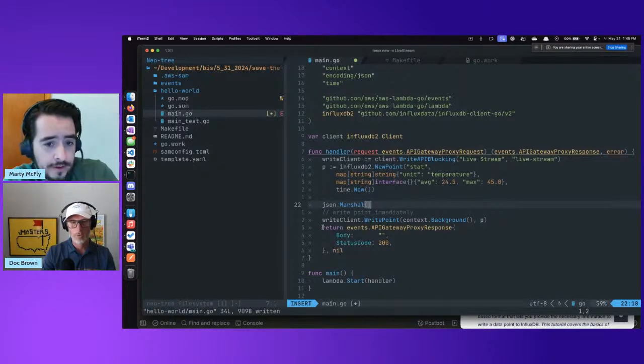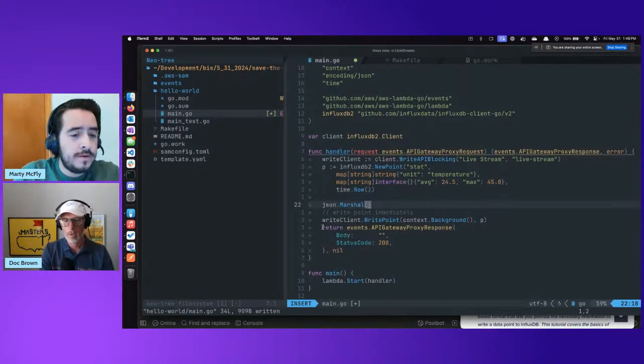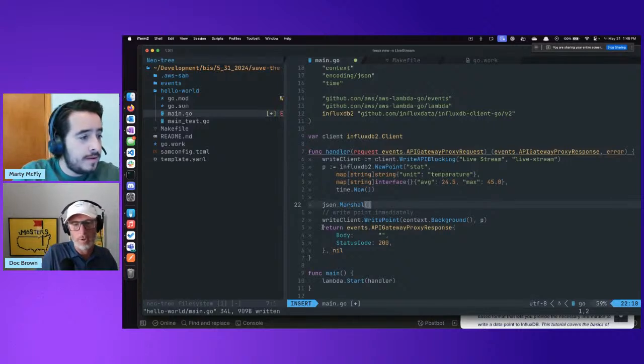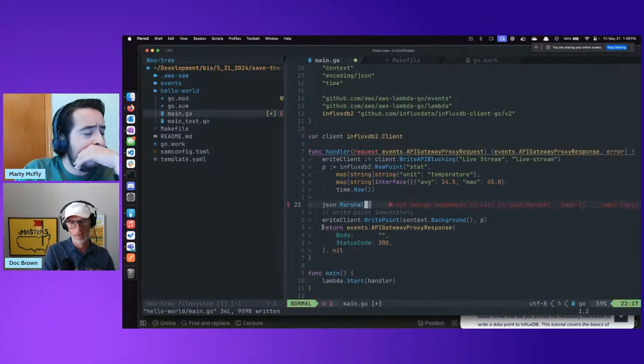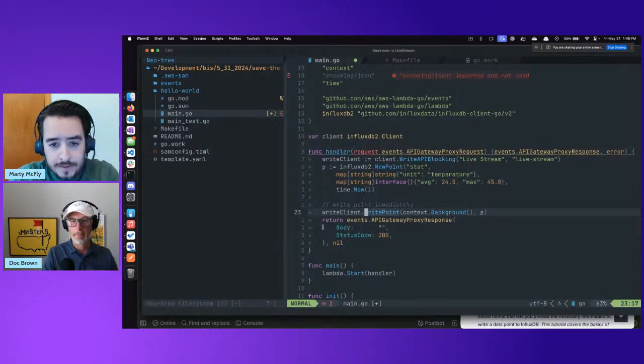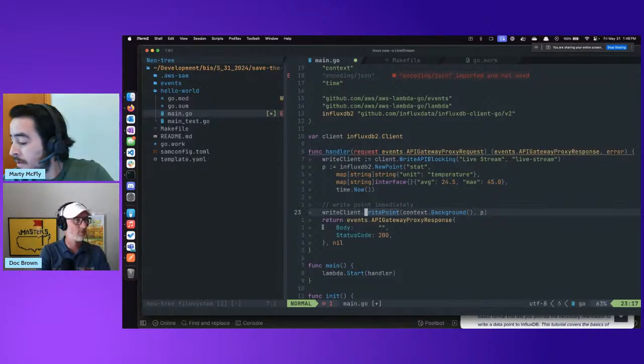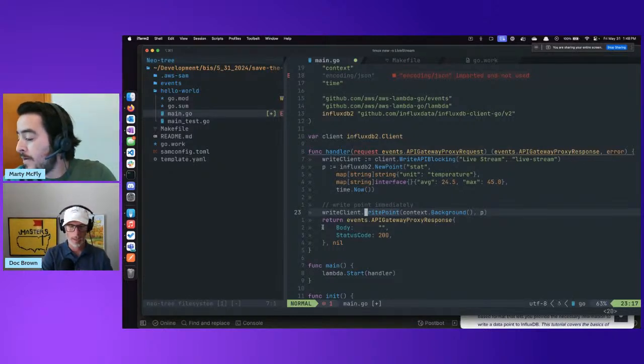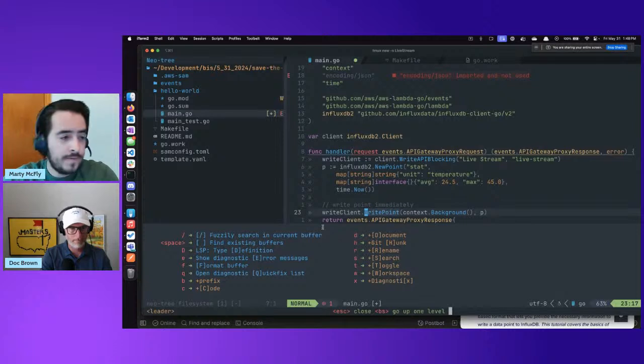Is it with 1 L or 2 L's? No, it's just with 1. So I'm trying to remember if I want to Marshall. Hang on. What's the term you mentioned you didn't know? I didn't either. You mentioned 2 things that it was asking for. Block versus line writing, I think it was.